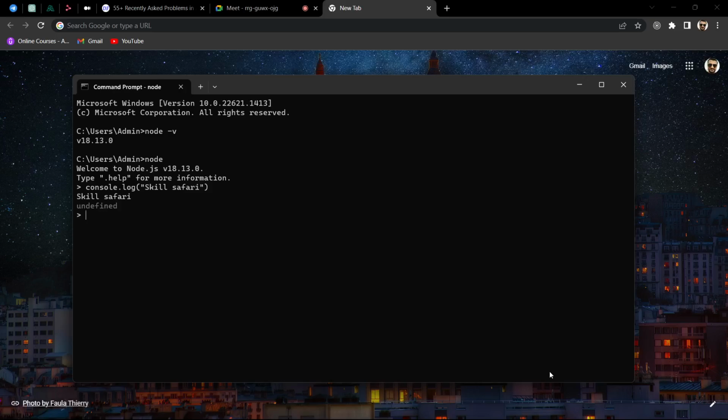A return statement means we want our program to return to the main initial point where it was started. But in the case of console.log, we are not returning anything. We are just printing, so it is just printing the message, Skill Safari, nothing else. That's why it is giving undefined.